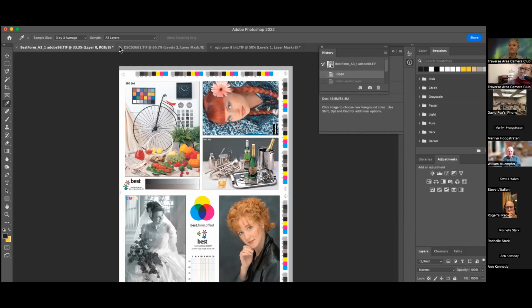Ideally, you would print it on the paper that they're going to use. I use a photo paper and then I print this piece out and it's something visual. You can go home and say, yeah, this isn't close and I need to adjust my monitor, or you use it as a tool to